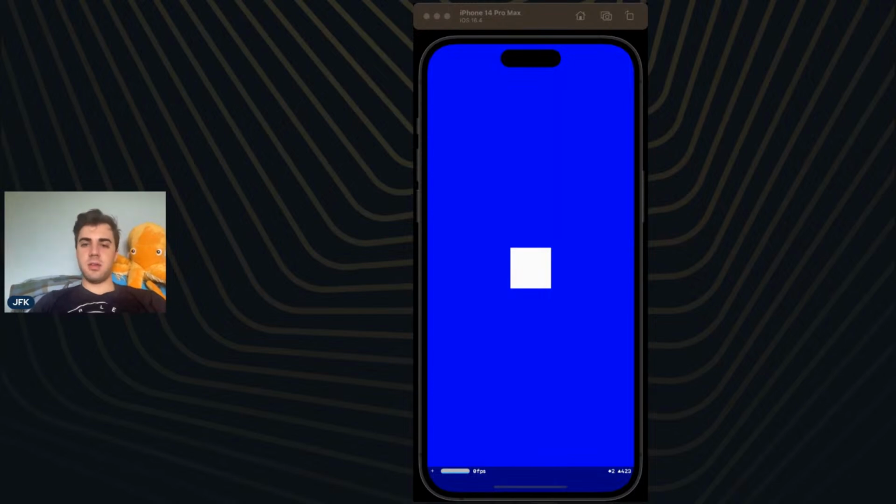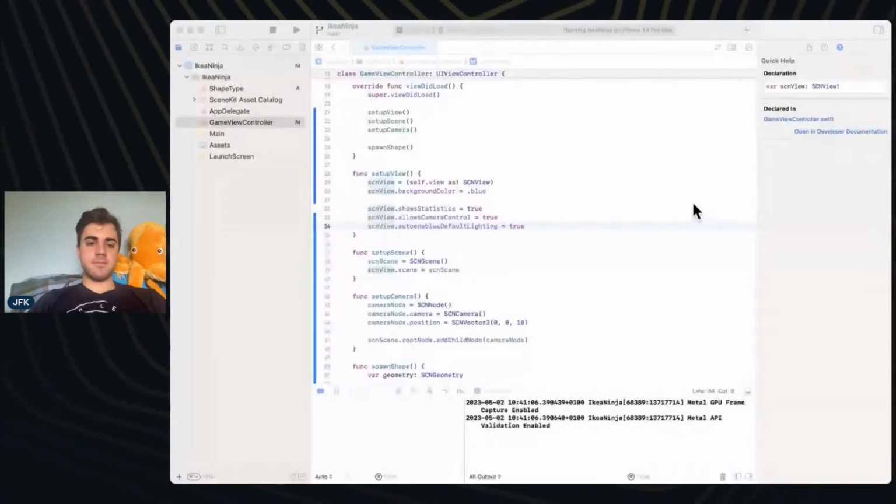So we are going. Where's my notes? There's my notes. Okay. So let's briefly pop back into Xcode again, and let's briefly talk about